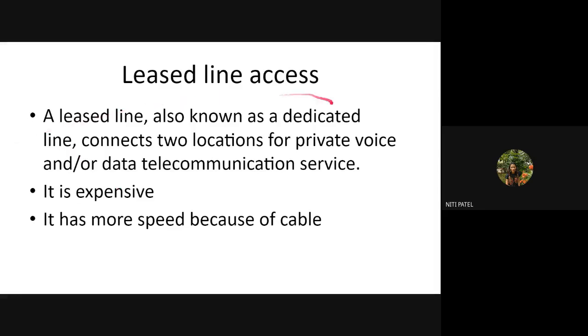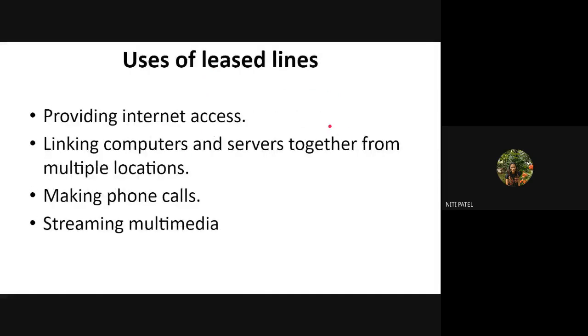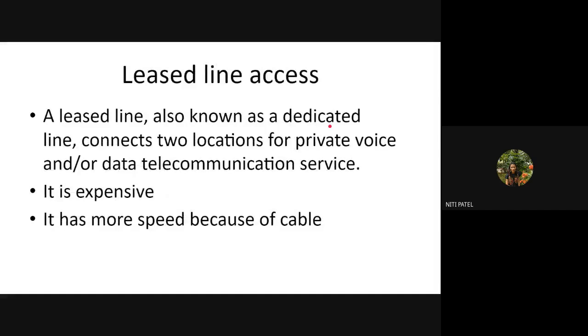It is nothing but a dedicated line which is connecting two locations. Connecting two locations means two computers at different locations. But how are they connected? Again, it is connected in a dedicated form. What are they used for? They are not used for public communication, which was happening in PPP. Though PPP is also a direct dedicated line, your leased line is also dedicated, but it is used for communication which is private.